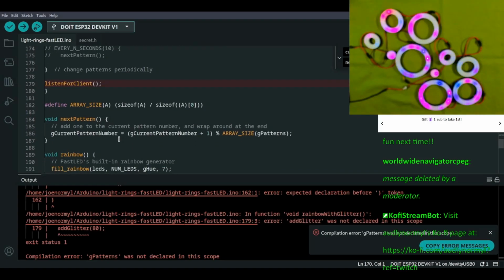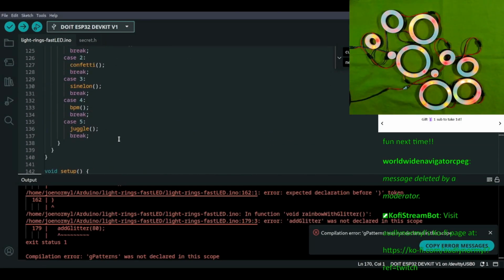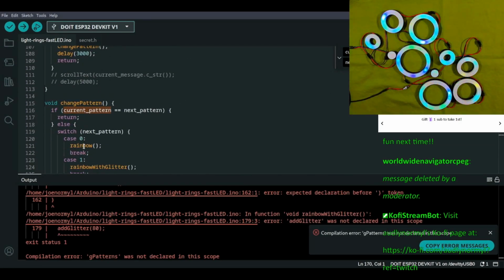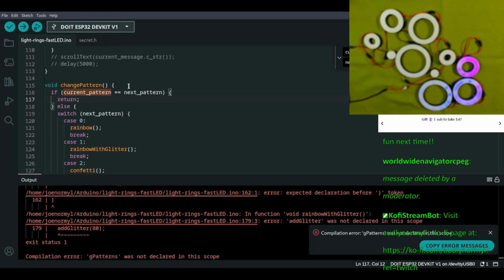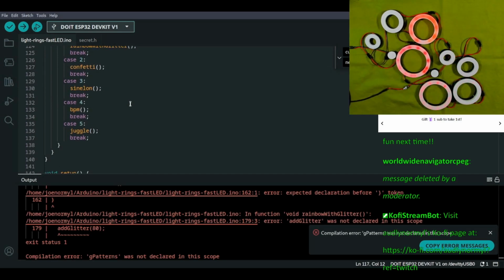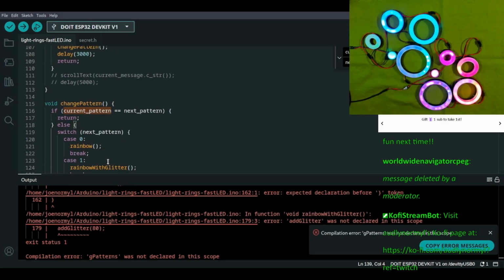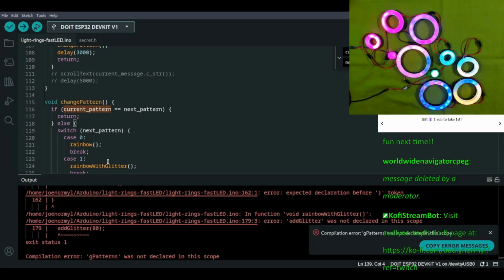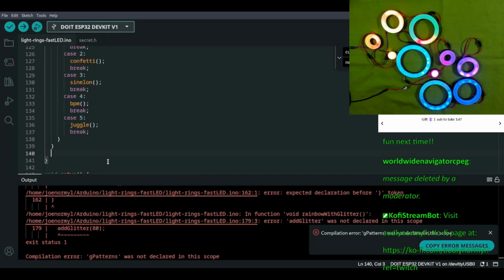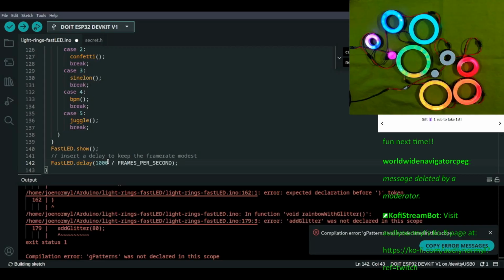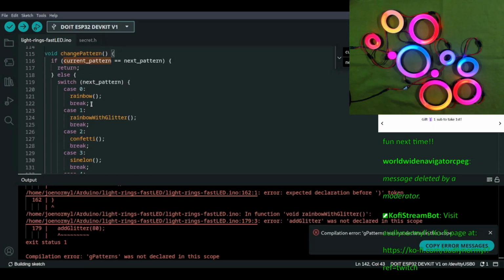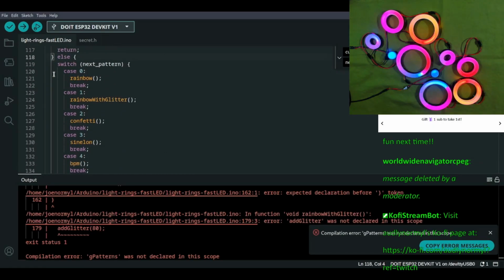We're gonna add glitter. We're gonna do it. And then we need to come outside of the if statement here. If current pattern equals next pattern, return. Otherwise, I think it's this one that we need. Then we want to do the fast LED show outside of that.